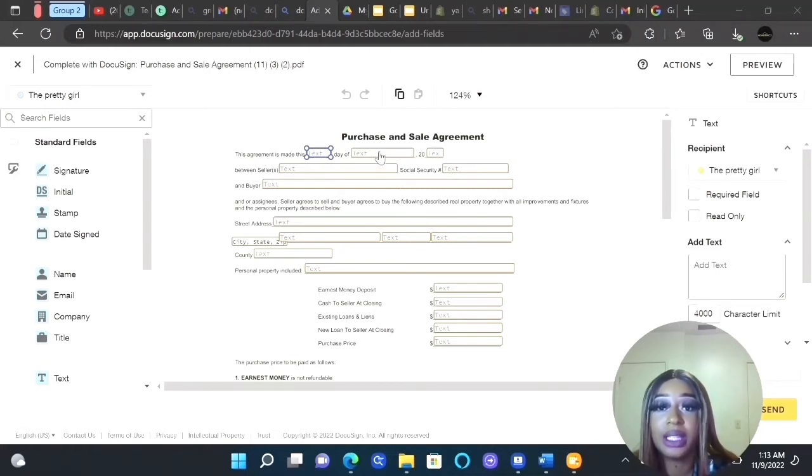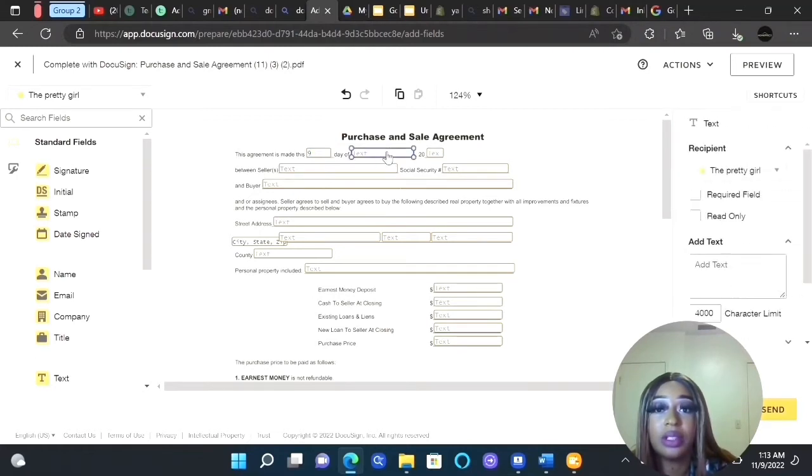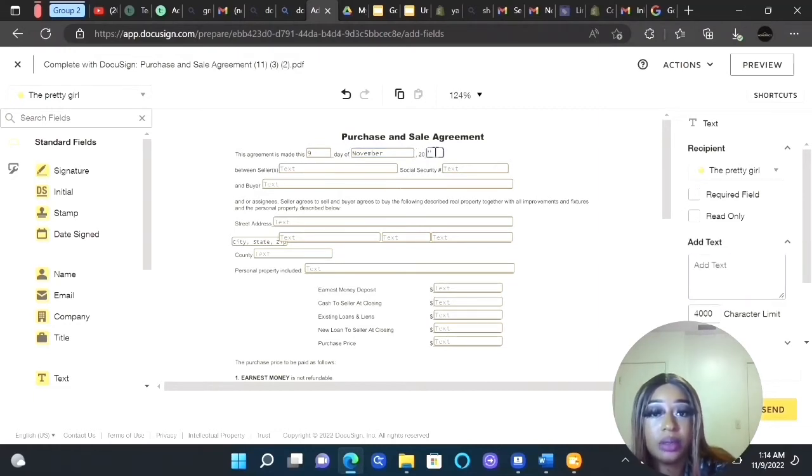All you have to do is click the text box to begin to edit the document. It says this agreement is made, and today is the 9th. I'm going to put 9th, and of course it shows over here on the right side, date of. In the text box, I'm going to say November, 2022. Between the seller